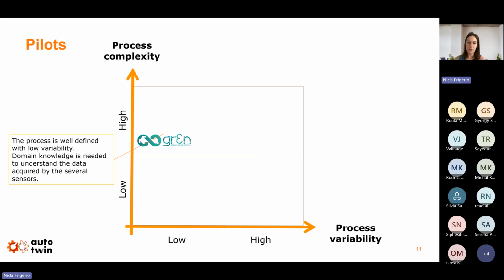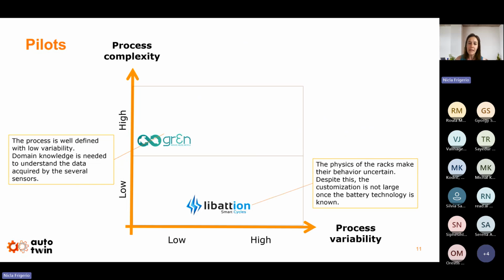On the other hand, the variability is low because everything is automated, but the key is the domain knowledge needed to understand the data. So you may have a lot of sensors, but the problem is to understand what those sensors mean, what each data point means.